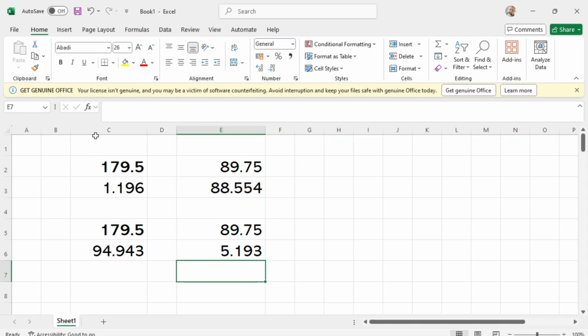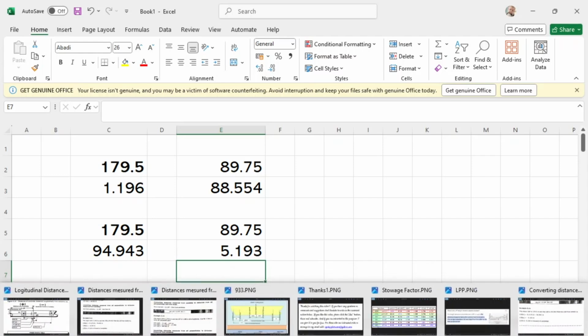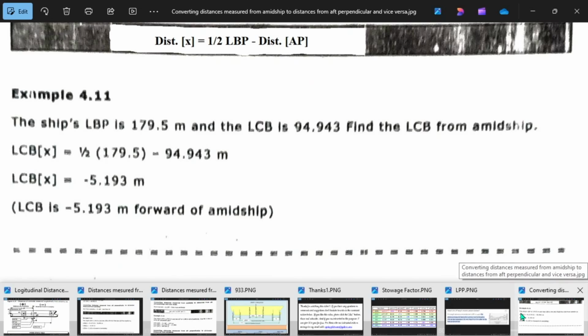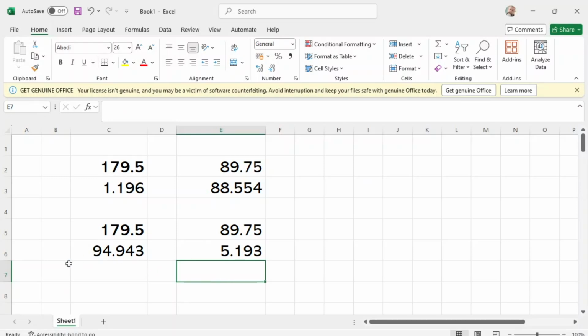So if this is your perpendicular, perpendicular to your midship, this is your midship, is 89.75. Okay, but your LCB, this here, your LCB is 94.943, meaning